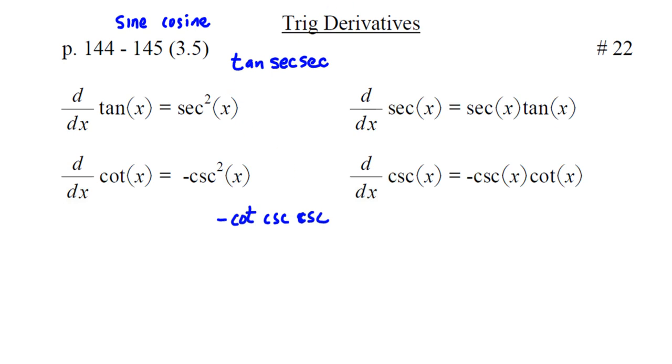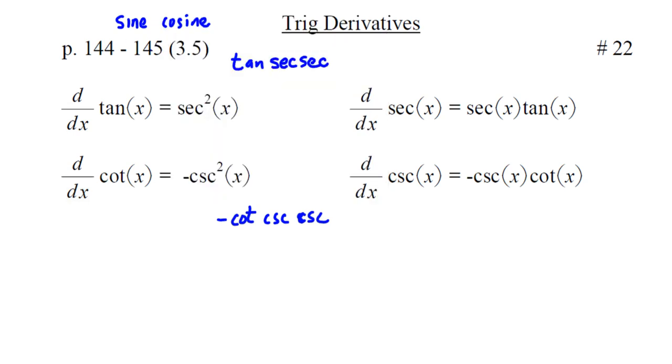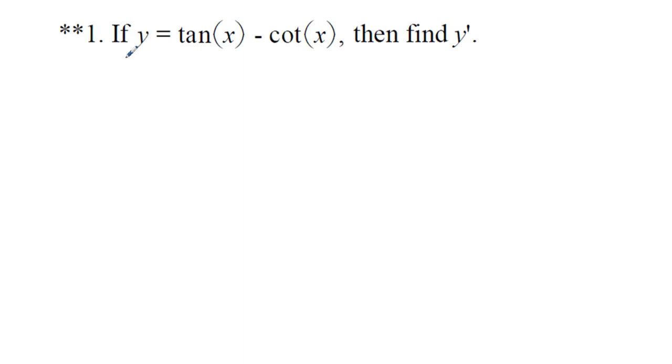Okay, let's go on and work out some problems related to this. I'll get my skinnier pen here. If y equals tangent x minus cotangent x, then find y prime. Well, y prime is going to be the derivative of tangent, which is secant squared x, so that's easy. And the derivative of cotangent is going to be